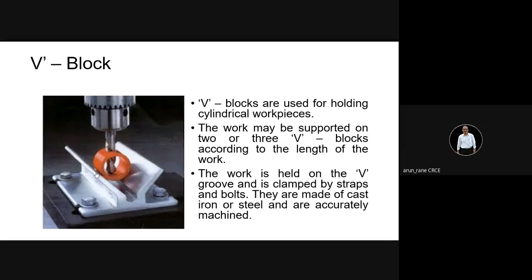Now on a drilling machine, sometimes the work is lighter. So you can even hold the component by hand and carry out the drilling. As such, there is no need of clamping because drilling is a very fast operation. All right. In 1 minute itself, 4 holes, 5 holes can be drilled. Unless it is a very big workpiece and the drill size is 2 inch or 3 inch, that is 75 mm, then only it will take time.